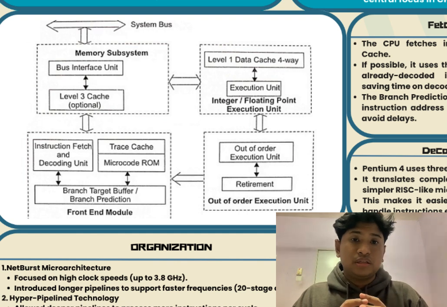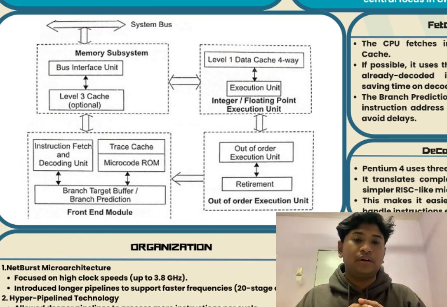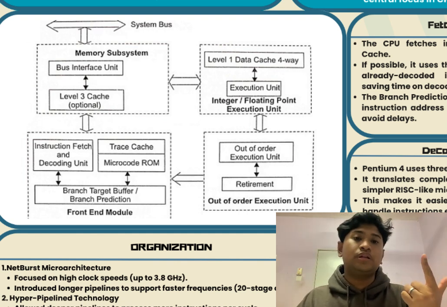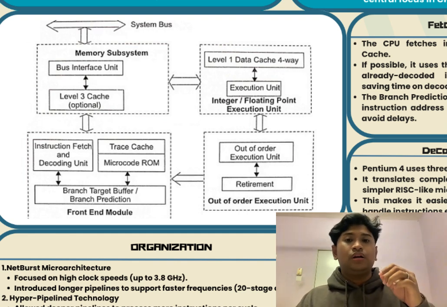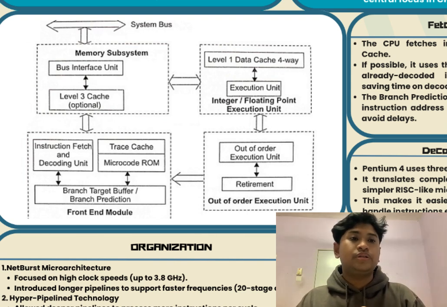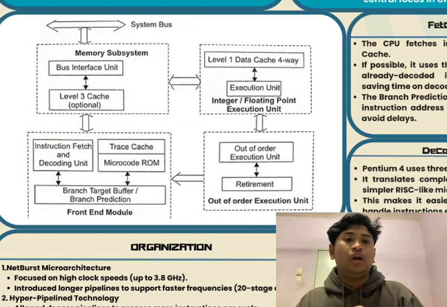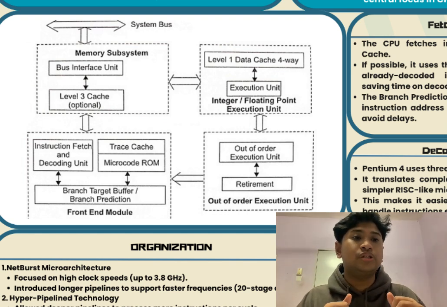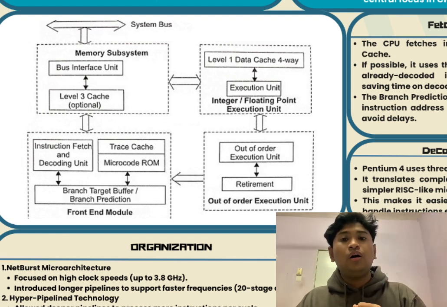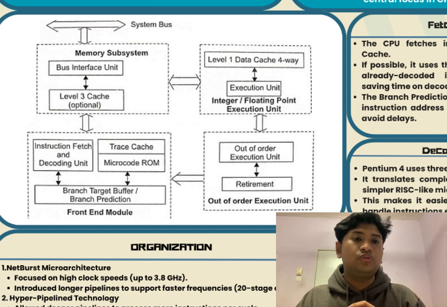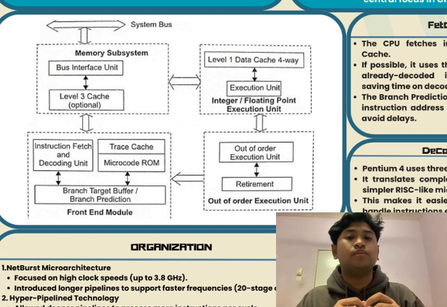Each instruction goes through several stages: fetch, decode, dispatch, execute, write back, and retire. The write back stage ensures results are stored properly, while the retire stage makes sure those instructions are officially complete and clear. All of this allows Pentium 4 to reach high clock speeds up to 3.8 GHz and run programs more efficiently